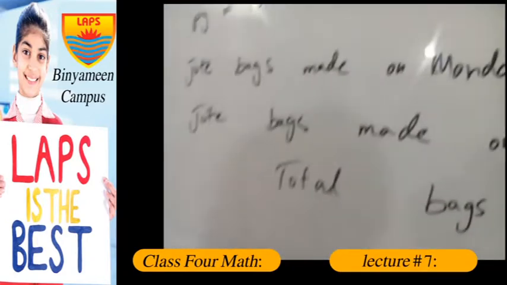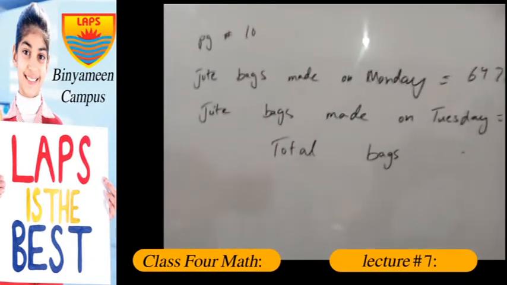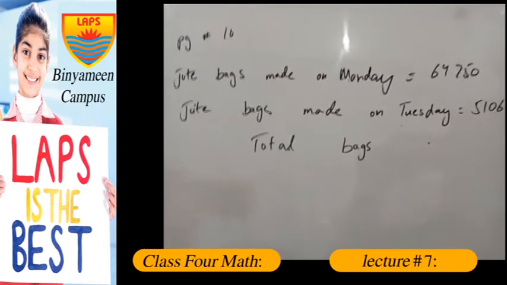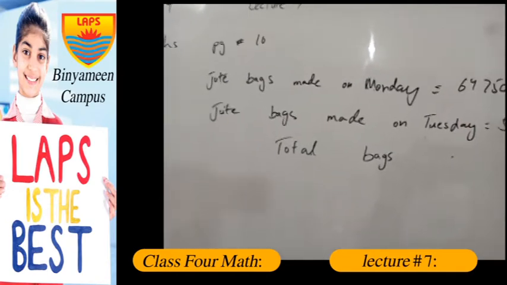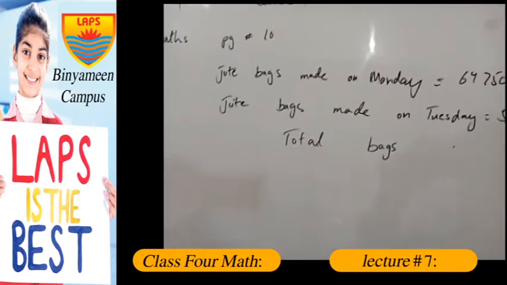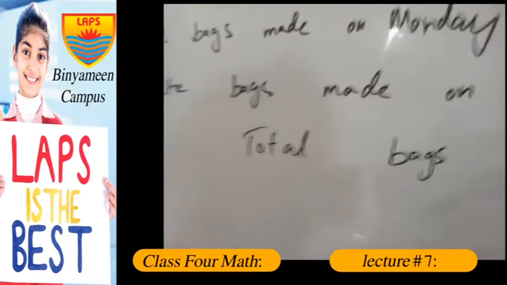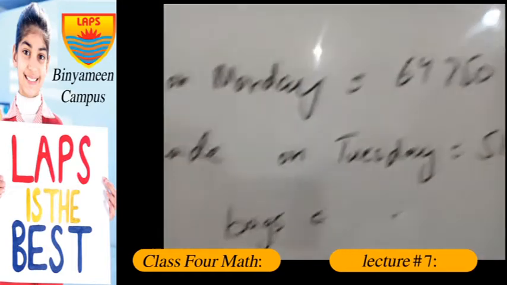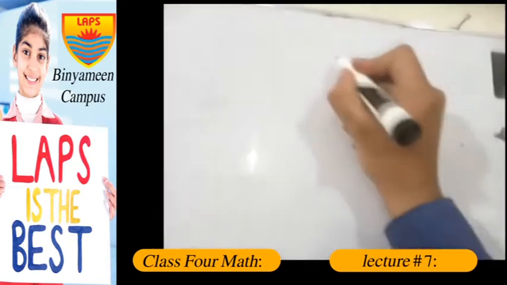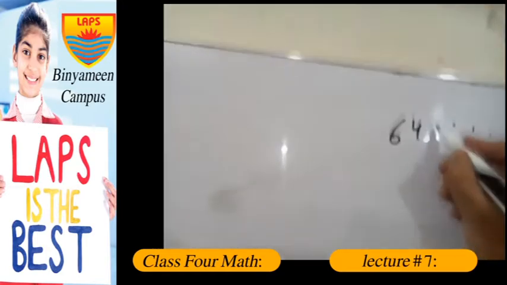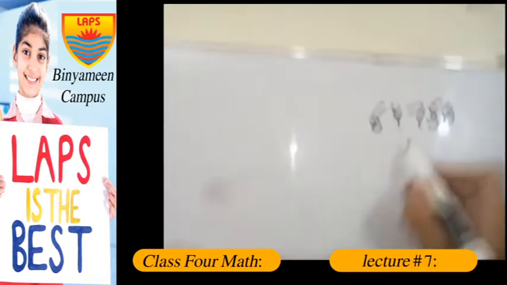Now, if we look here on the board, I have already written the statement. The bags made on Monday, sorry for my bad handwriting, are 64,750, and the jute bags made on Tuesday are 51,060. Now for the total bags we have to add both these values, and for that 64,750 will be added to